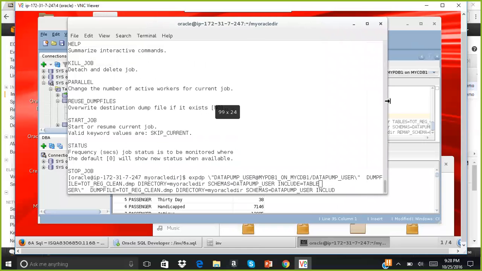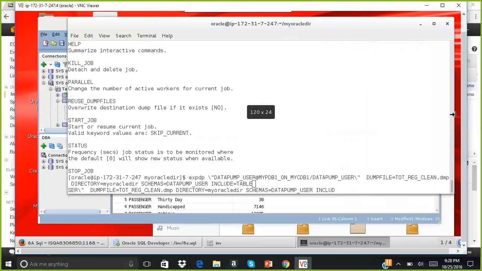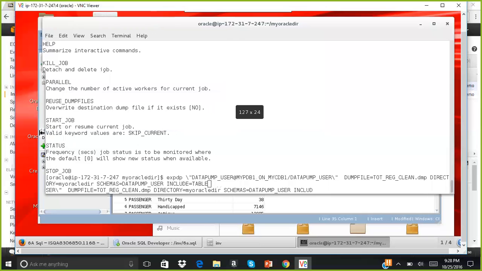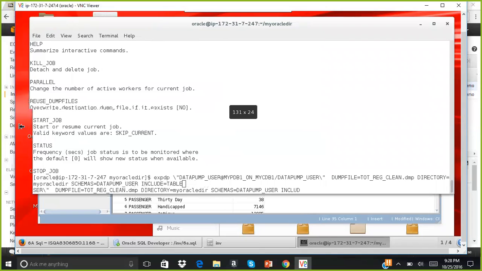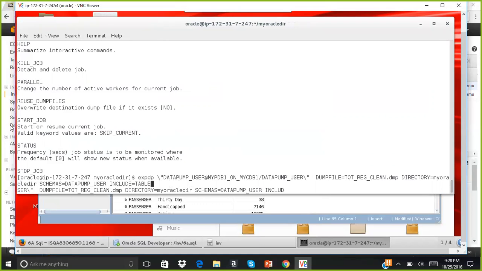So what we can see here, if we take a look at the command that's on the screen, is we're basically invoking the Datapump export, which is the expdp, the first part of the command, and then we are giving the command the credentials to log into the database. So we're saying, hey, Datapump user at myPDB1 on myCDB1 with the password of Datapump user, and then we're saying dump all this stuff into this